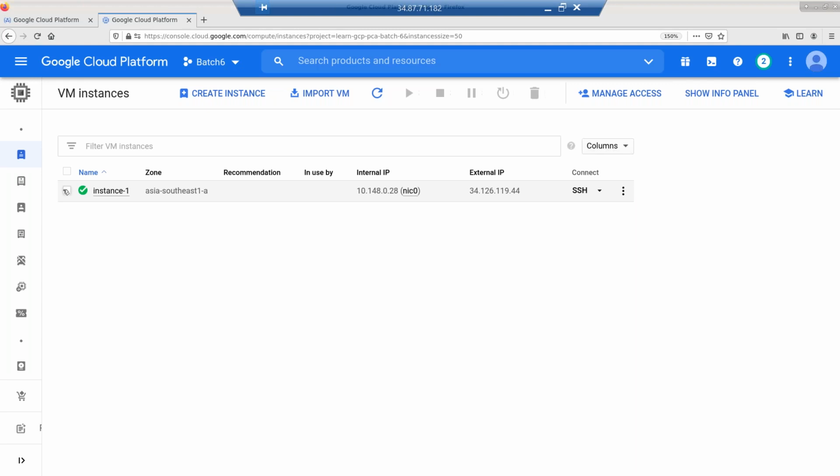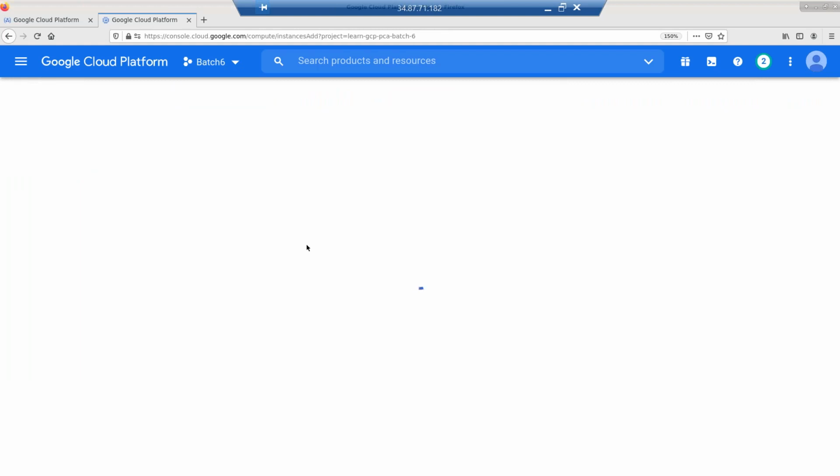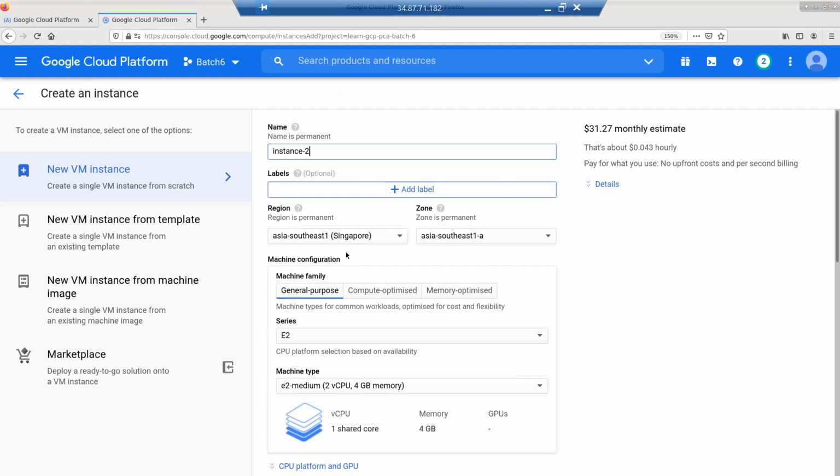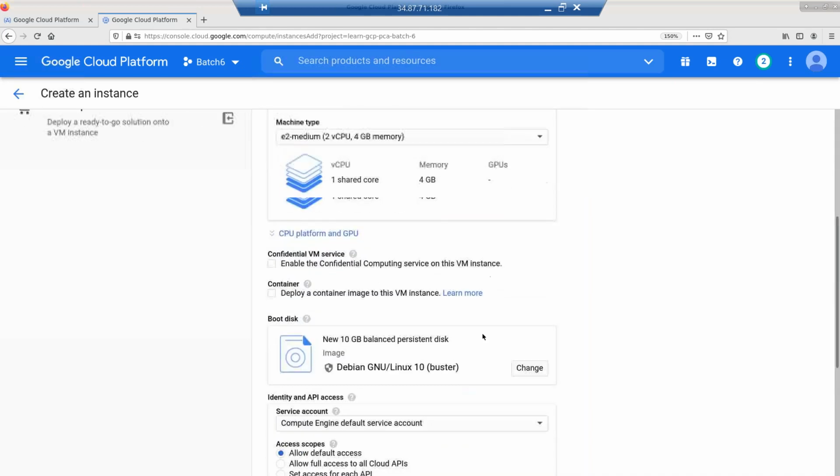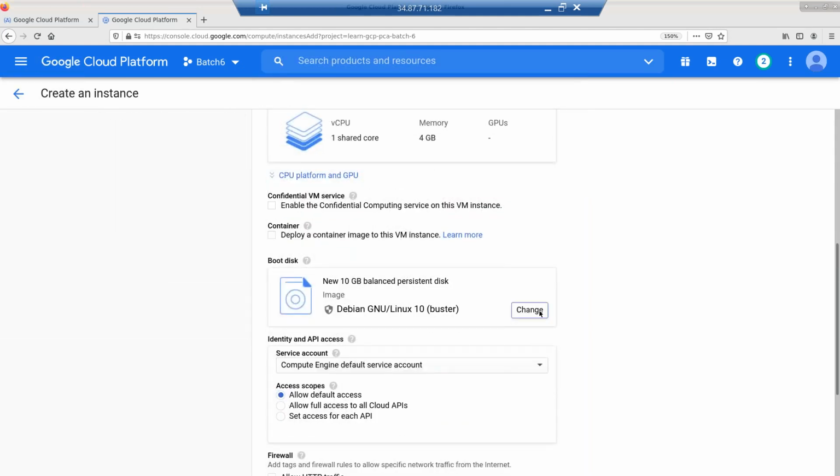What is the difference if we use Ubuntu compared to Chromium? Is the OS faster than Ubuntu or other OS? It is optimized for containers. So it is optimized for running containers. That's the first thing. The second thing is if you use Ubuntu, some OS comes with Docker, some OS does not. So if I choose Ubuntu, for example, go to my boot disk, Vijay. So if I go to my boot disk,